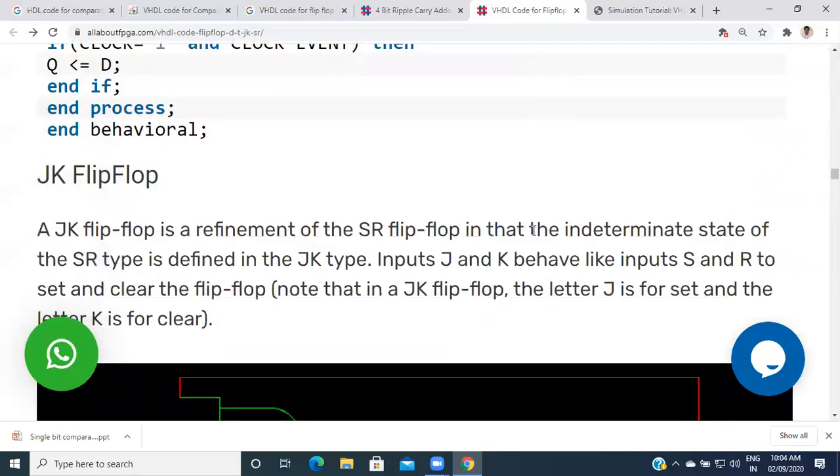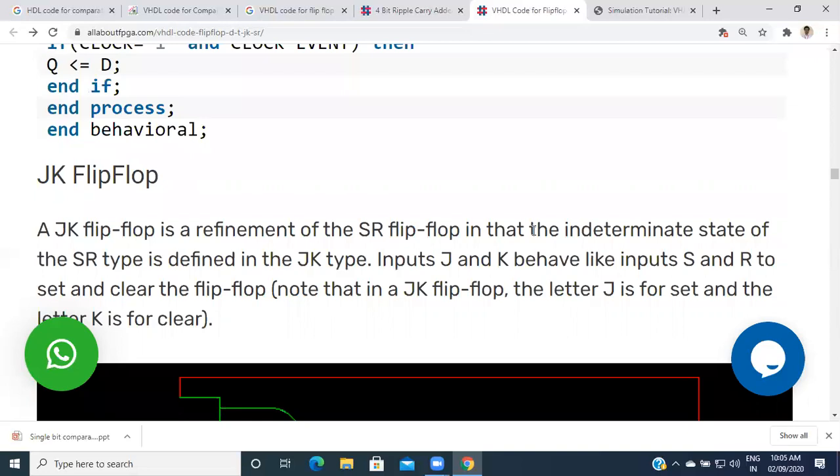The next one, JK flip-flop. The JK flip-flop is a refinement of the SR flip-flop. We know that in the SR flip-flop, if both inputs are 1, it goes into an undefined condition. We are not able to define whether the output is 0 or 1.